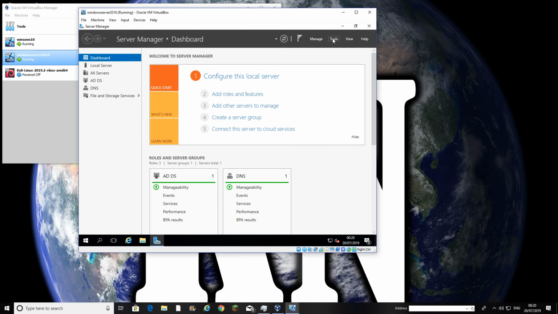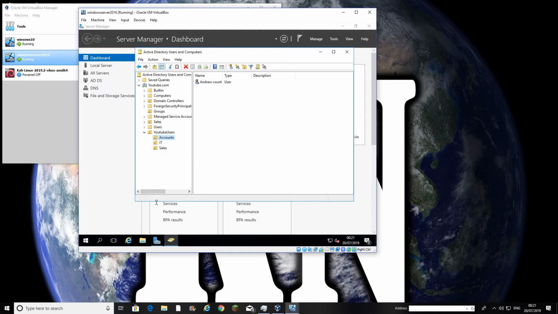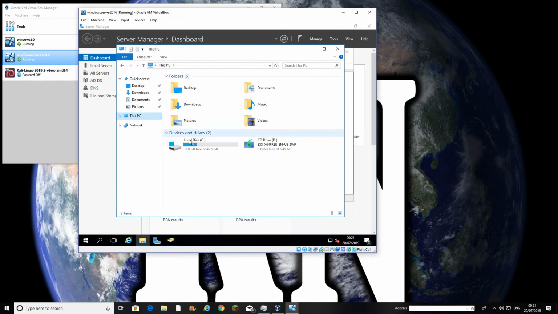So just to start off, if you go over to Users and Computers, I've made an organizational unit for all my users to go in, and I've made three groups, three sets of users in here: accounts, IT, and sales. So we'll leave that there for now. And the one thing we want to do, because we're going to be setting the shares